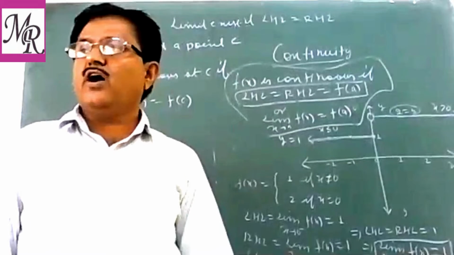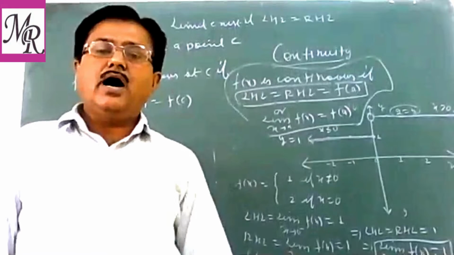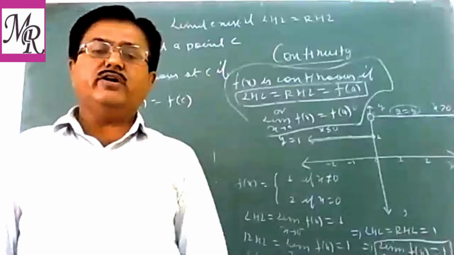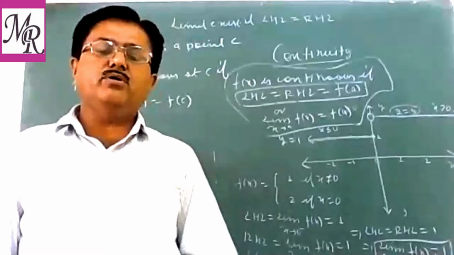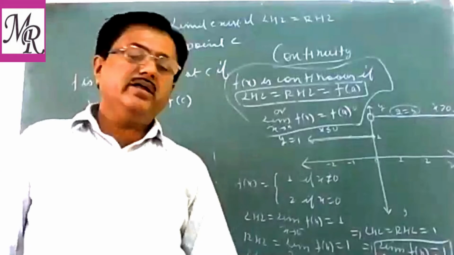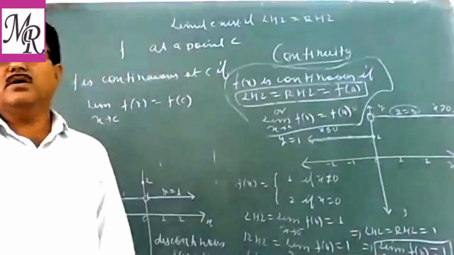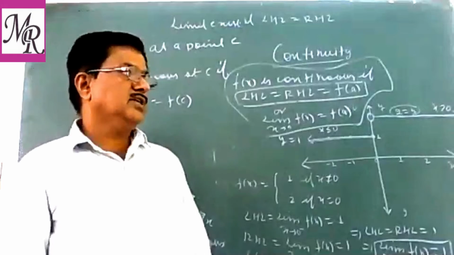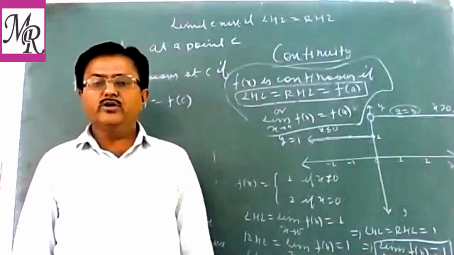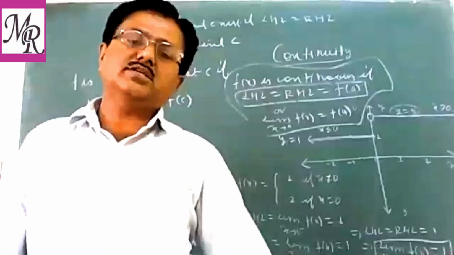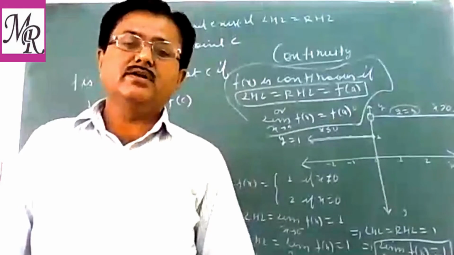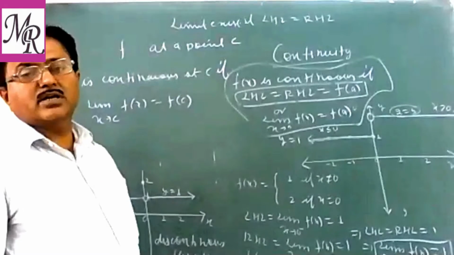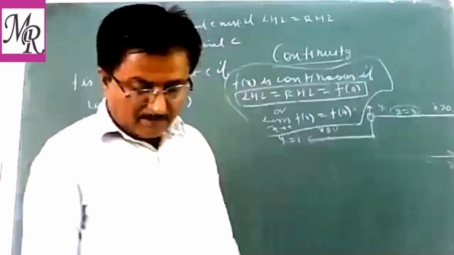Limit. Now how to find the limit we have already seen in 11th class. After getting the limit, you have to find the value of the function at that point. अब वैल्यू फंक्शन की कैसे निकालेंगे ये भी हमने 9-10 में पढ़ा. पॉलिनोमियल की वैल्यू निकालते किसी पॉइंट पे, and if both are equal, then you can say function is continuous. And if both are not equal, then we can say function is not continuous, or you may call it discontinuous. Function is discontinuous, and that point is known as point of discontinuity. Is this clear?